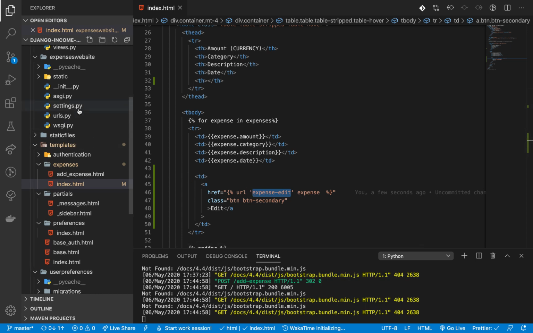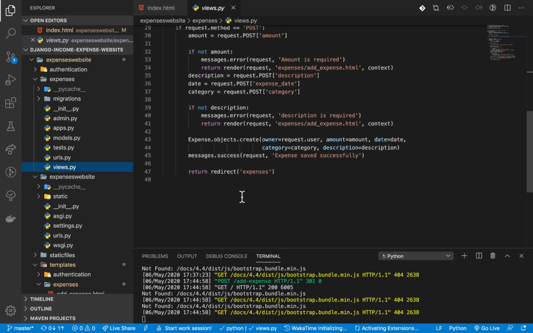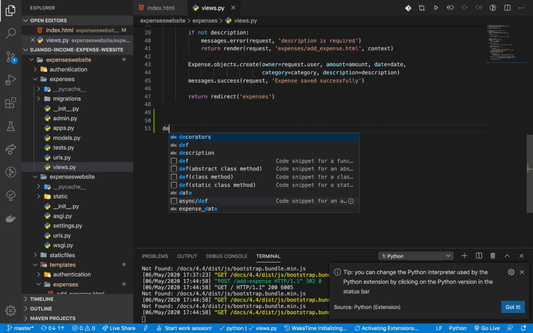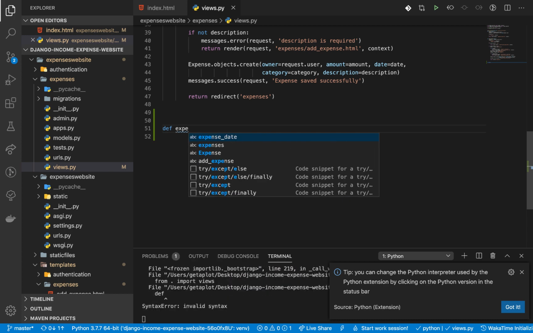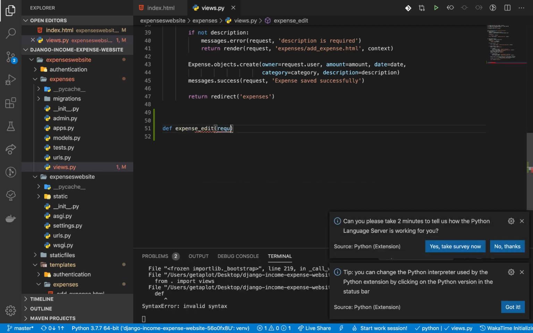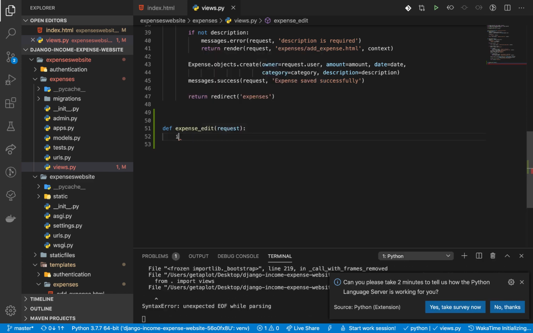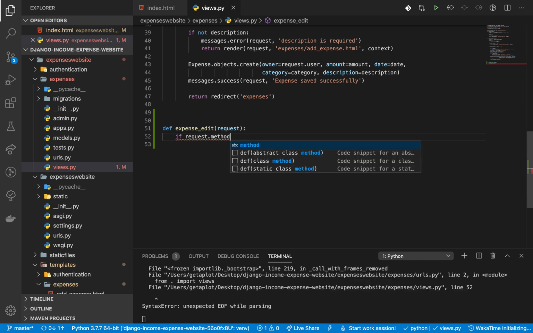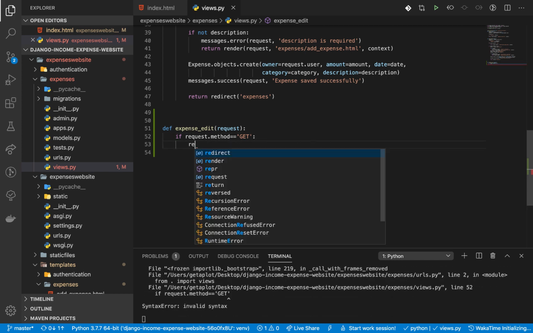So in our views.py file, right here, we can define our view, which we do by, I'm going to call it expense_edit. Of course, it takes in a request. Now we are going to handle the get request. So if request.method equals GET, so this would mean when a user is trying to request for that page, then we want to render it. So return